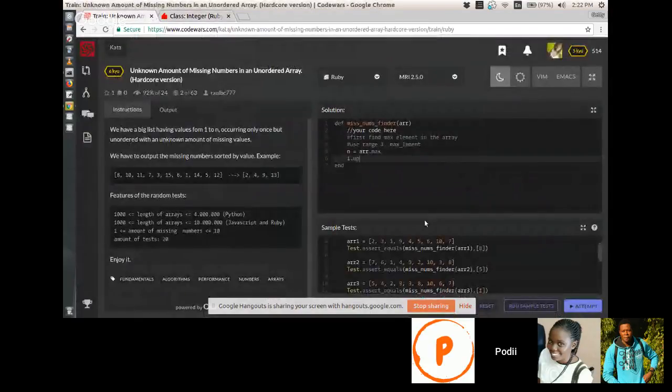So we can do 1 dot n. Is it dot or 3 dots? So 1 dot n.